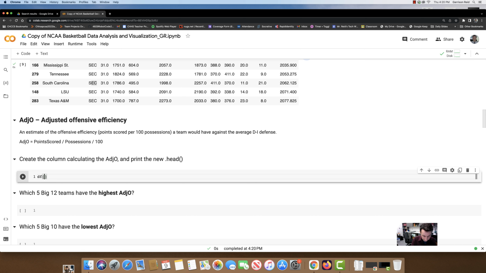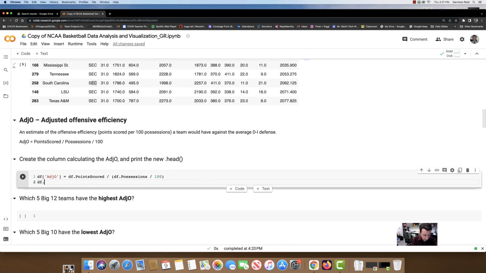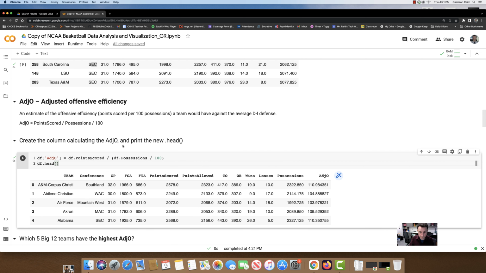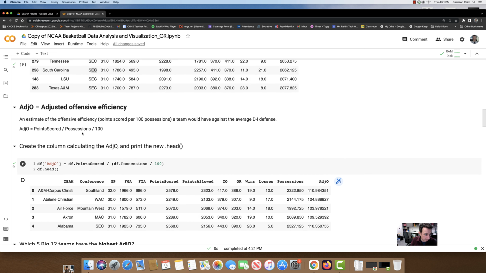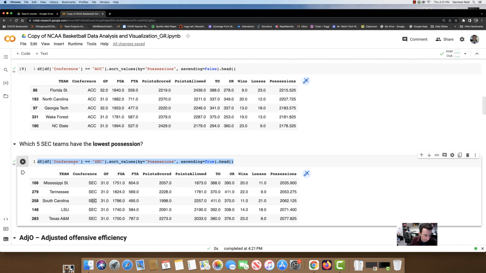So I'm going to do that here. df offense is equal to df points scored over the column we just made, df.possessions, per 100 possessions. So let's do possessions divided by 100, df.head. Great. Which teams in the Big 12, and I'm going to copy the same thing up here because this is going to get used a lot,